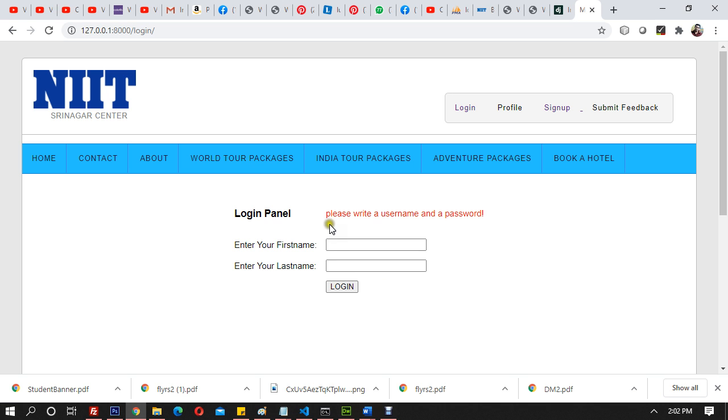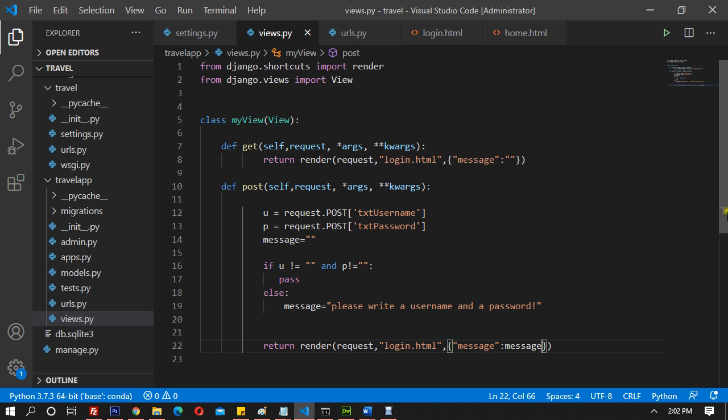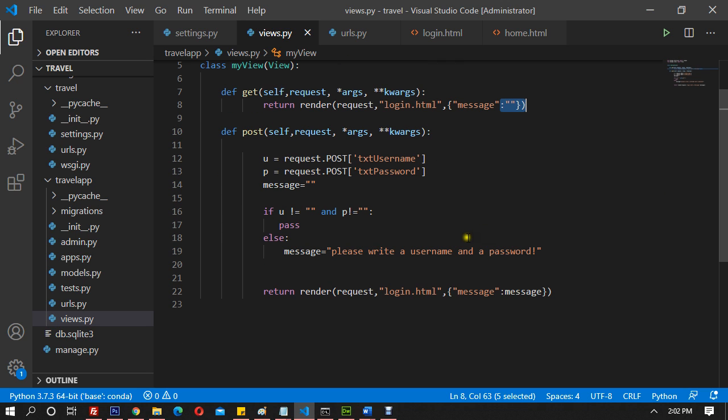Click login. Please write a username and a password. So we're getting this message, please write a username and a password. And when get is called, it does nothing, you're just rendering the same page without message having any different value. But yeah, if they match,